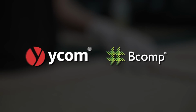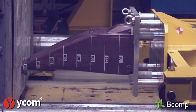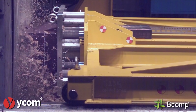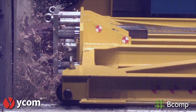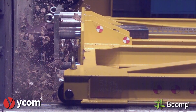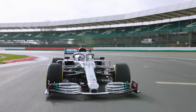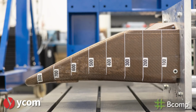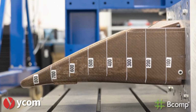Natural fibre company YCOM and Bcomp recently designed, optimised and crash tested a front impact absorbing structure that produced results in line with a traditional carbon fibre structure. The crash design tested was approximately 40% heavier than a similar carbon fibre design, but as we know only too well, Formula 1 is all about progress. So while the starting point might not be so attractive, who knows how far the weight could be cut back